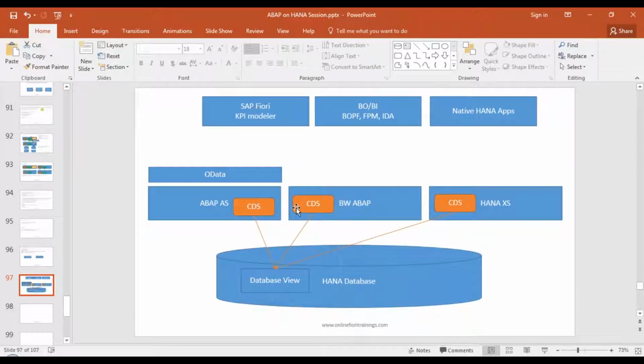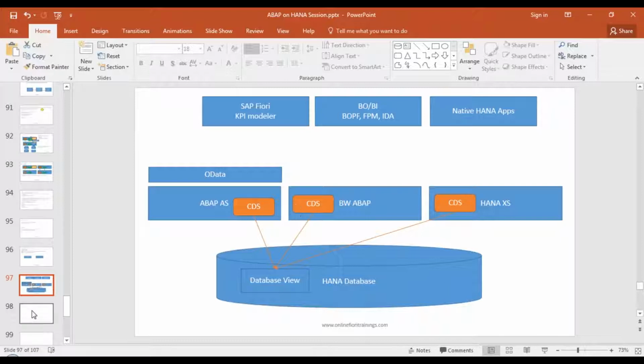In fact, this concept not just applies to HANA DB but to all the major databases. I'm not sure about Oracle and DB6, but all the major databases are supported with respect to CDS views, be it MaxDB or SybaseDB. Since our course talks more about ABAP on HANA, here we don't need to worry, because the HANA database completely supports your CDS view. Okay, so that's the CDS view.